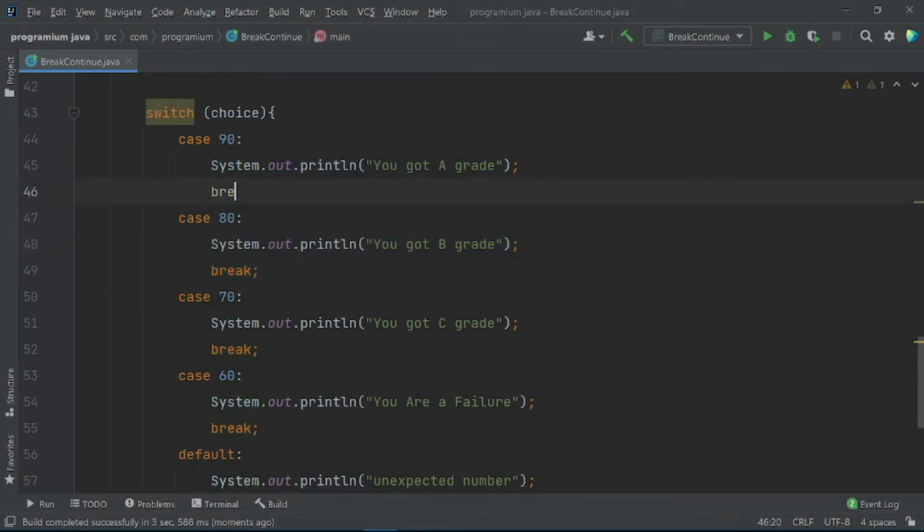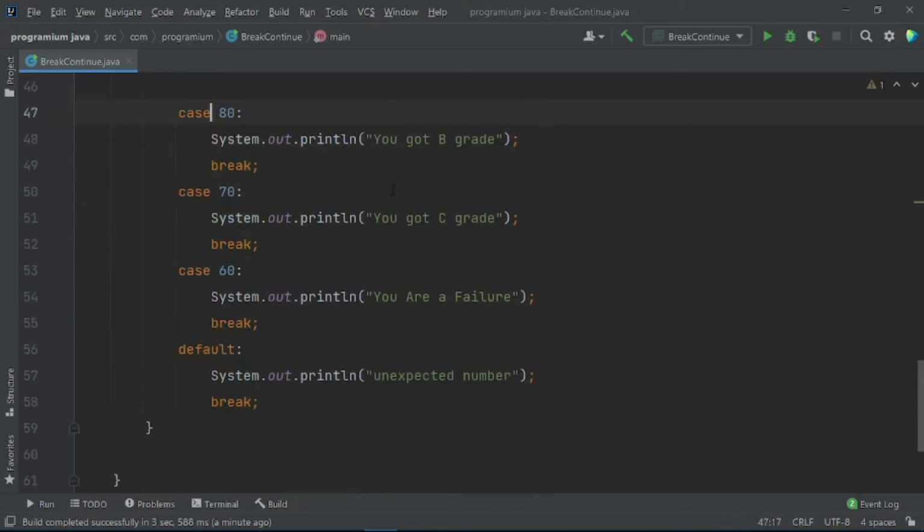That's the reason we have to use break in every case in switch conditions. But can we use continue here? No, we can't use continue here, because we can either put a break here, or if we don't put a break, then the compiler would just keep running through the cases until a break is found.